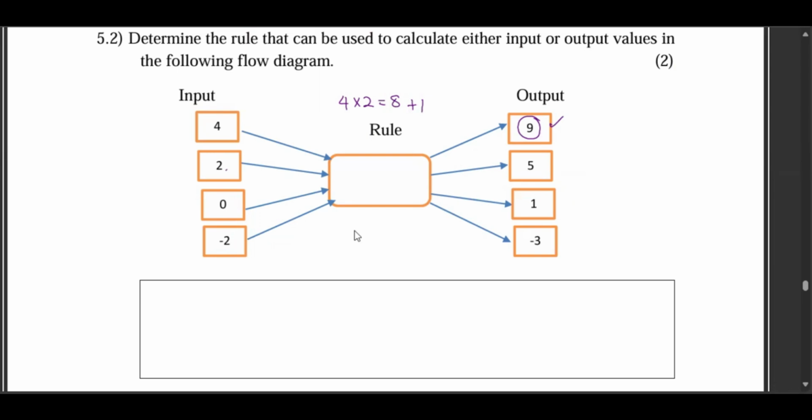If I take my 2 and multiply it by 2, and I add 1, do I get 5? Yes. So the rule is 2 times the input plus 1. That's the rule. Or if you want the output